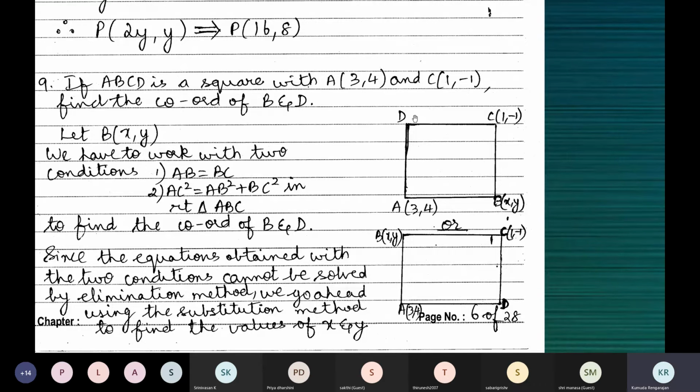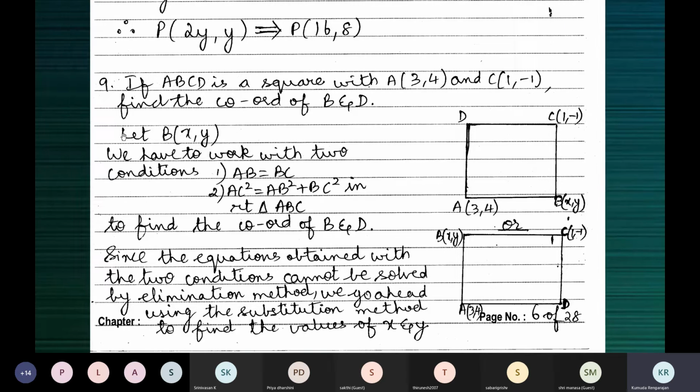Okay, the working is very simple, children. Now to find the coordinates of B and D, you don't have to assume the coordinates of both. You will understand things when we complete the answer in full. Don't worry if you have any questions at this point. Assume any one. Either assume the coordinates of D or assume the coordinates of B. Any one will do. So I have assumed the coordinates of B, x comma y.